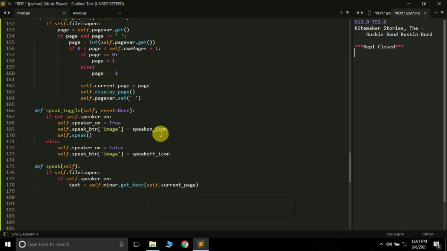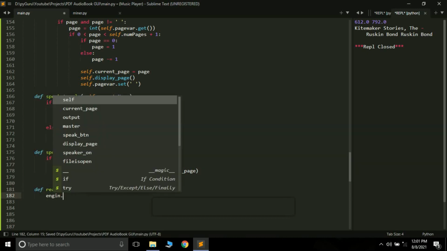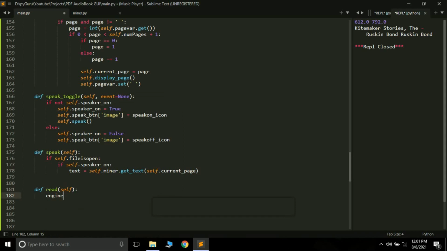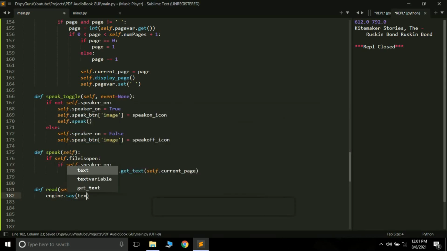I guess we have to create another function here. Let's create another function, def read. Here we are going to pass self, and engine.say text. Actually it's my fault, I had not created the function completely, so here we have to call text.